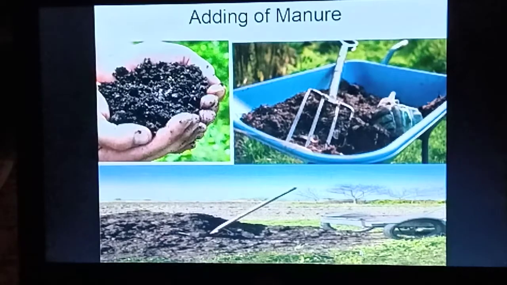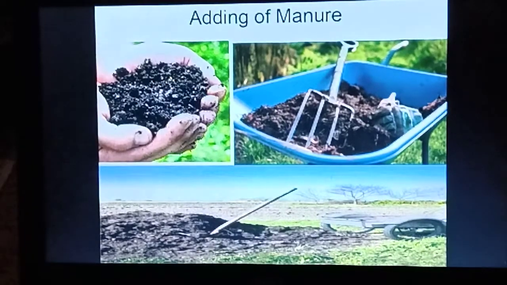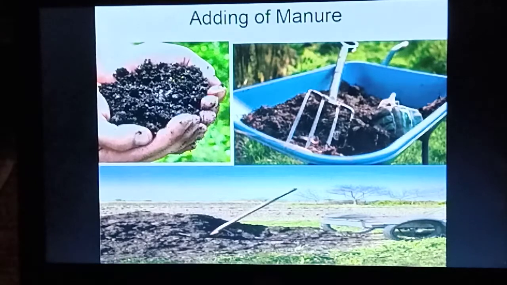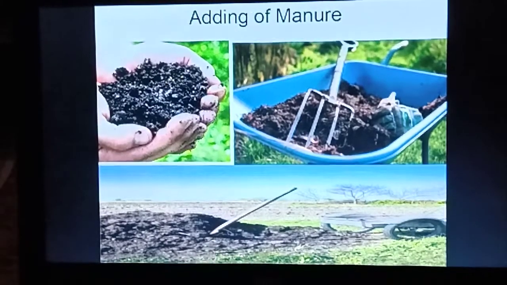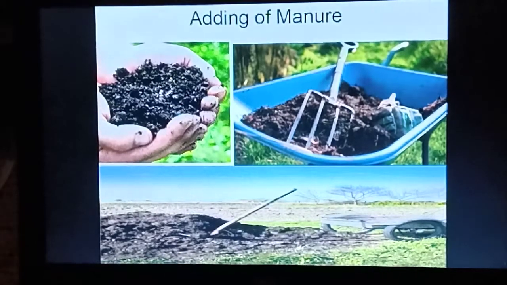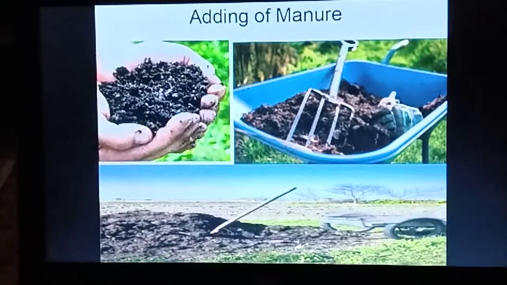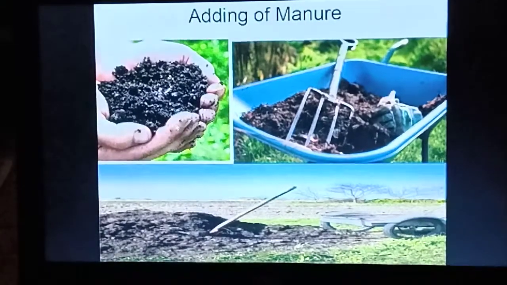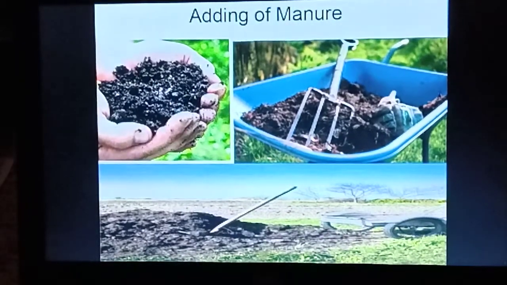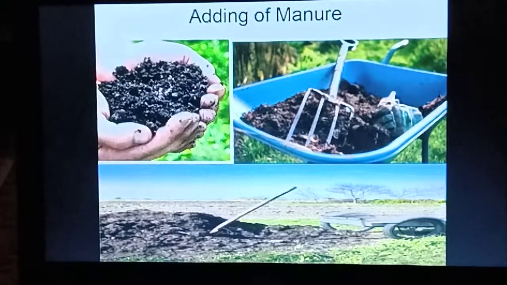This is our handmade, or you can say house-made manure, and this is very, very good for our plants, better than the fertilizers that we get from the shops. This is cow dung, and it is mixed with the soil and made about it. This is also the same, and this is also the same. This is a cart in which it is put, and from this shade it is put in and put over here, and you can see here also and here also.